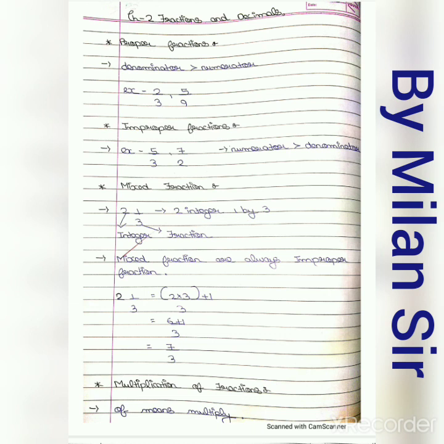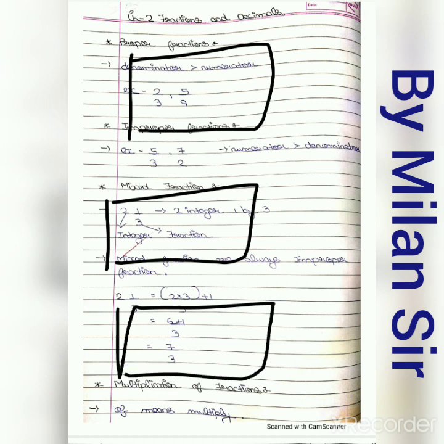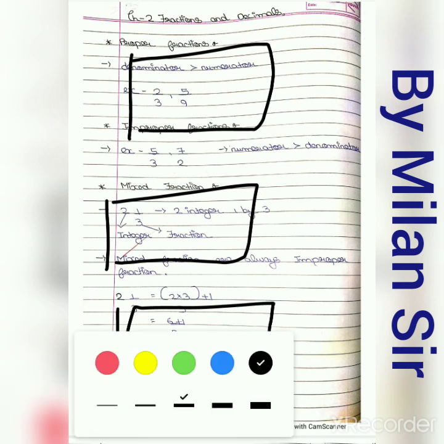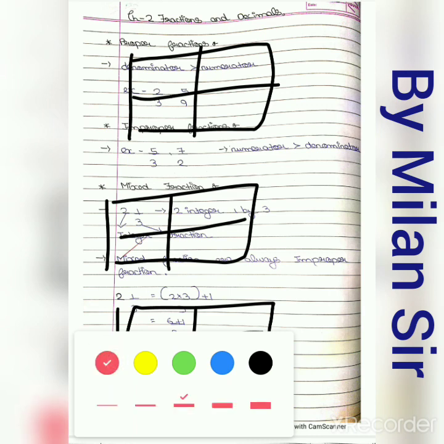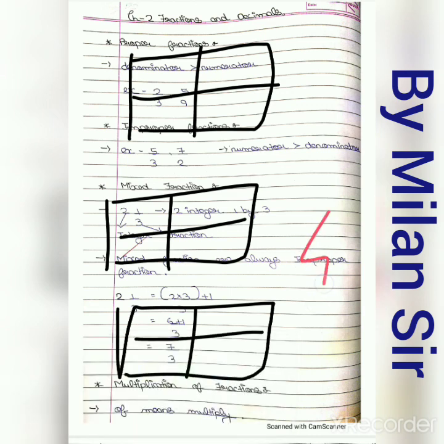Now let's suppose we just take 3 rectangles, right? 3 rectangles, and each rectangle we divide into 4 parts. So here the total parts of a rectangle is 4. It is your denominator. Now if we consider these 4 parts, and 2 parts from here even, so total how many parts do we take here? 4, 4, 8 plus 2, 10. So our numerator is 10. Right? Out of 4 parts, we consider 10 parts. It is our improper fraction.